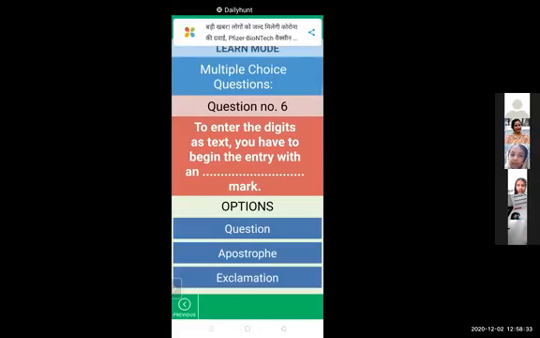So if you want to enter digits as text, you need to put an apostrophe sign, and then you can enter all those digits as text. All right, I hope everybody marked.